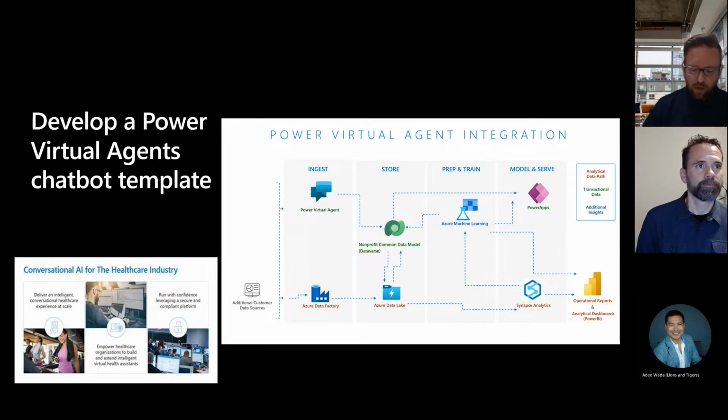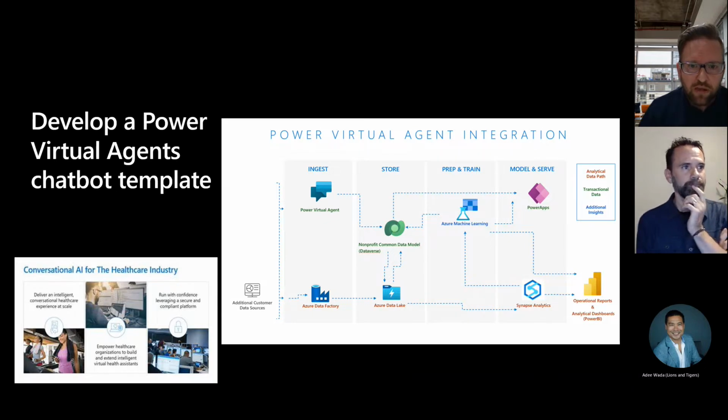Challenge number 4. Better flow of critical information improves efficiency of mission delivery and beneficiary engagement. Develop a Power Virtual Agent chatbot template that nonprofit organizations with similar use cases can pick up and adapt with targeted content. So this is another area where we're looking at the power of AI and the cloud to augment the needs of staff. Again, I have some sample architecture up here, and again, this will be very similar to the example of Azure architecture that I had showed in a previous slide.